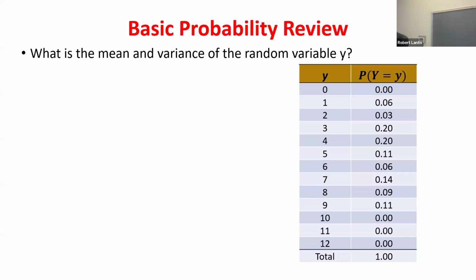We then would add to that the next possible value for y, which was 2, times the probability we saw y equal to 2. The slide I had that was 0.03. You then essentially just continue to do that all the way until we get to the very last possible value for y, which was 12. It had a probability of 0, so really we didn't have to factor that one either, because anytime you multiply something by 0, it's 0. So this would be the thorough process of how we would calculate the mean. Go through every single possible value for y, multiply it by the probability it occurs, then add them all up. Okay?